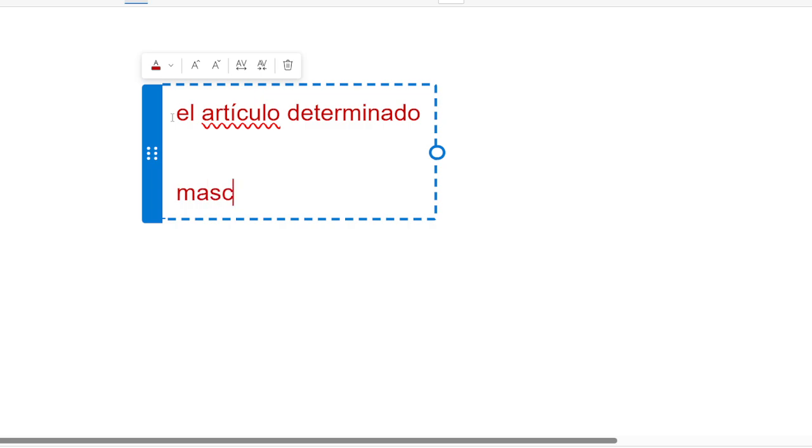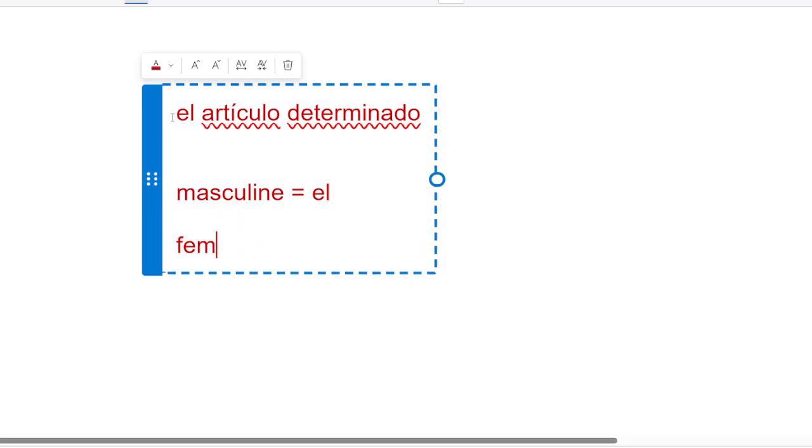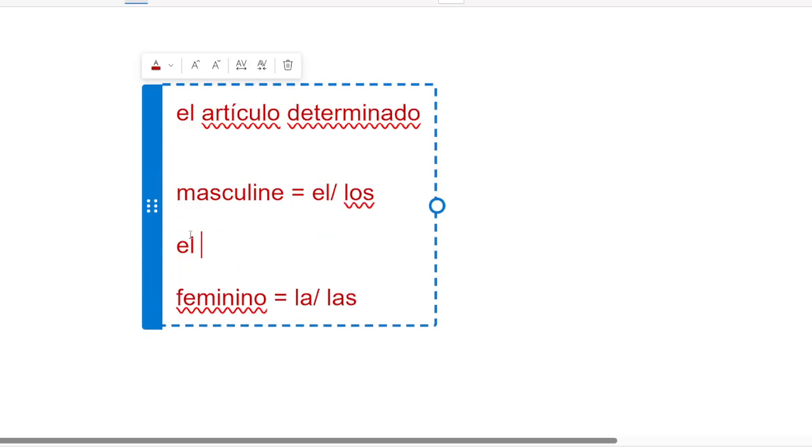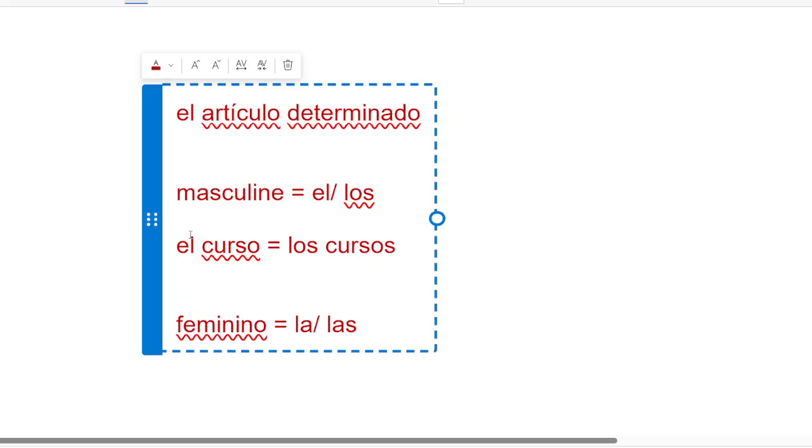So for masculino, we have el, femenino, we have la. And these are the singular ones. The plural, we have los, and here we have las. So we can say el curso, los cursos, el mensaje,